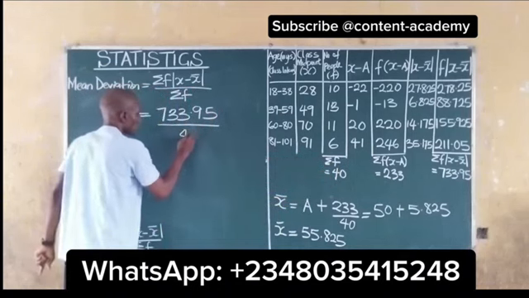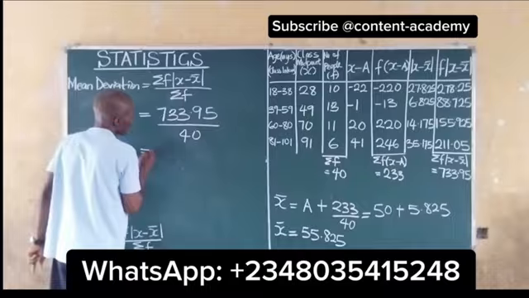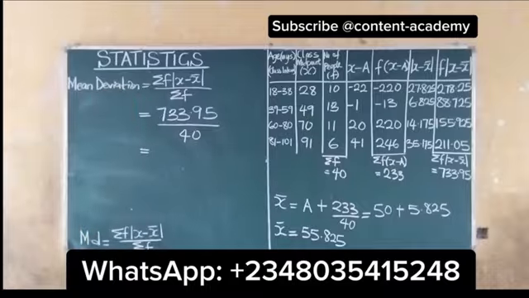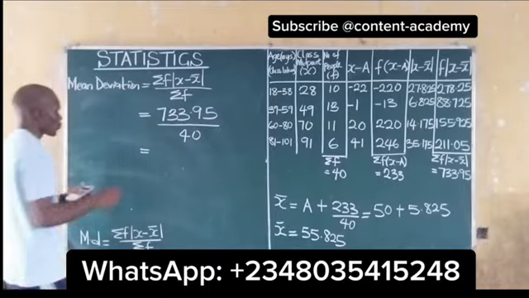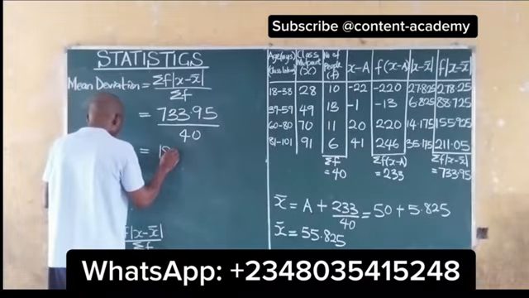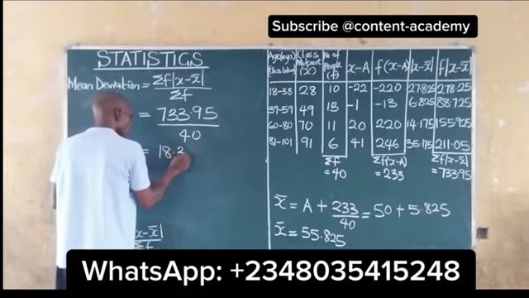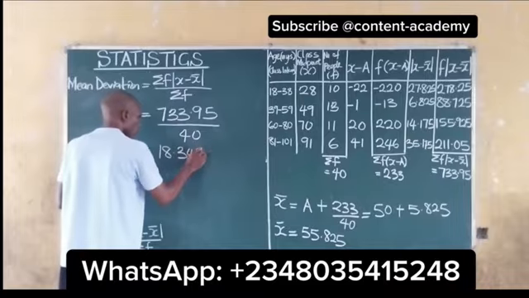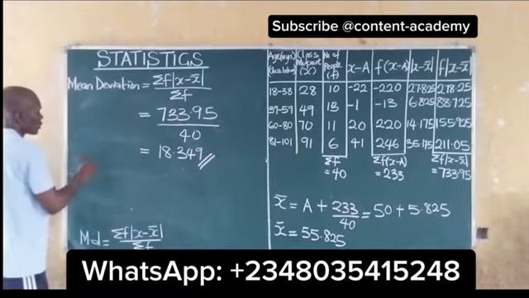So we write 40, which is equal to 7.95 divided by 40. So we have 1.349. So this becomes our mean